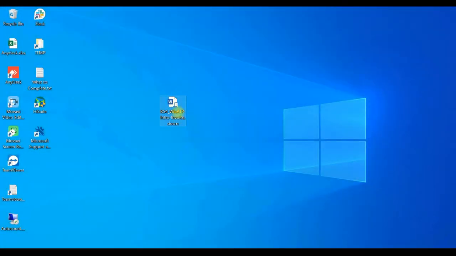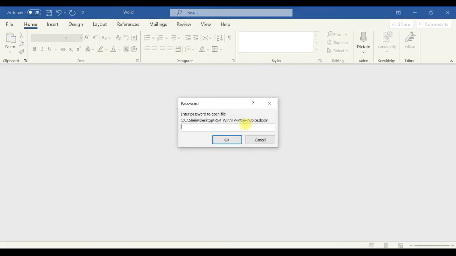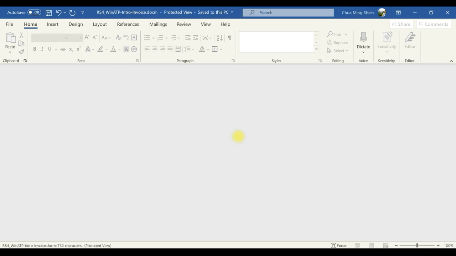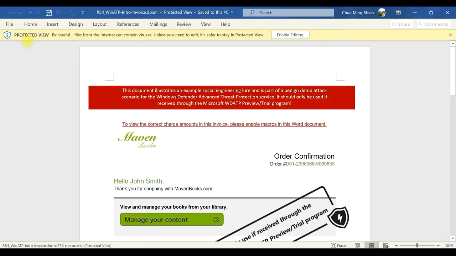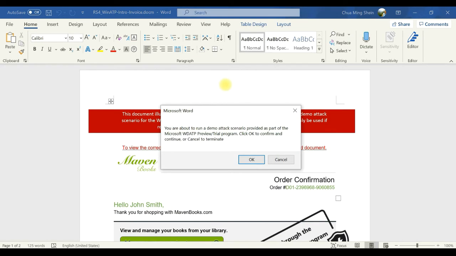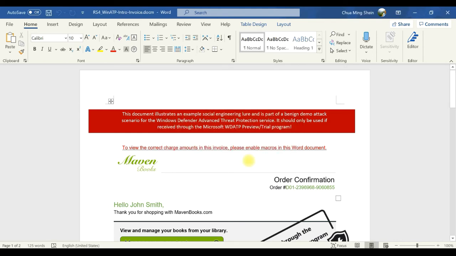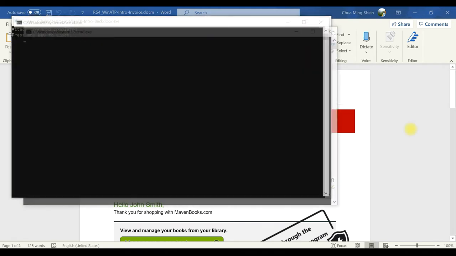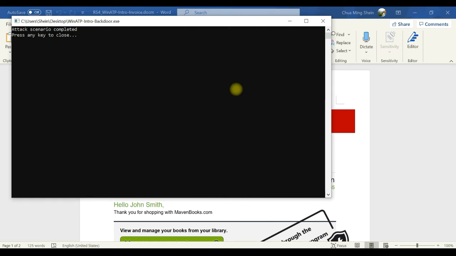Okay, the scenario is like this. Assume that one user opens a Microsoft Word file and keys in the password. He enables the editing, and because he wants to use the macro, he enables the macro content. Once he enables it, he finds that something got executed,